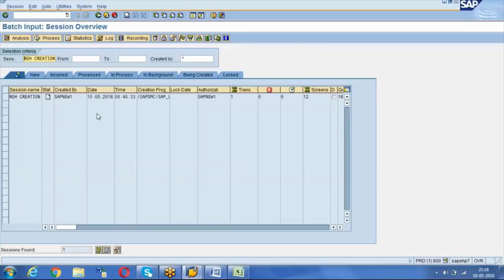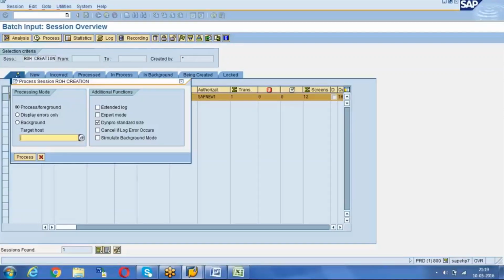See, here you will get this screen. Our latest one will have this icon, new. That is a new icon. You select it and then click on process. See, here I will explain you a few things. Here we are seeing some options, right? One is process foreground, which means we can see each step. That's what we are going to do now. And another one is